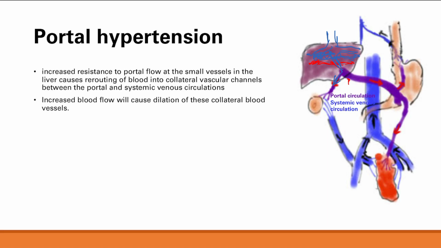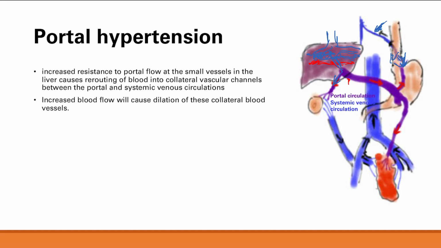Now there's three collateral blood vessels to be aware of. First one is at the esophagus. It's collaterals between the gastric vein, which is here. This one is the gastric vein, and then the esophageal vein. This is a systemic circulation esophageal vein. This purple one here is a portal vein, the gastric vein. And so if you're going to get dilation here, you're going to get esophageal varices. I told you about those in the esophageal lecture. Remember, you get dilation of the vessels, and then those can bleed and cause massive bleeding and even death.